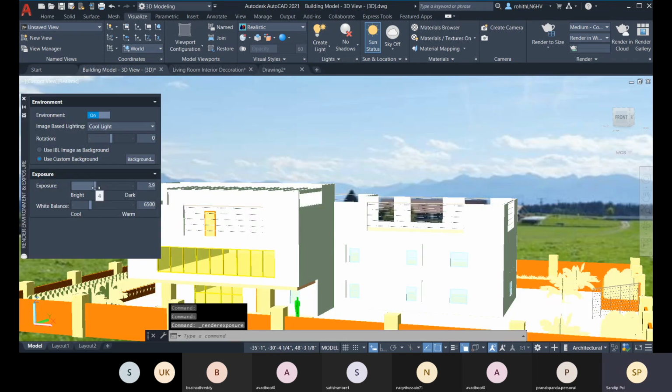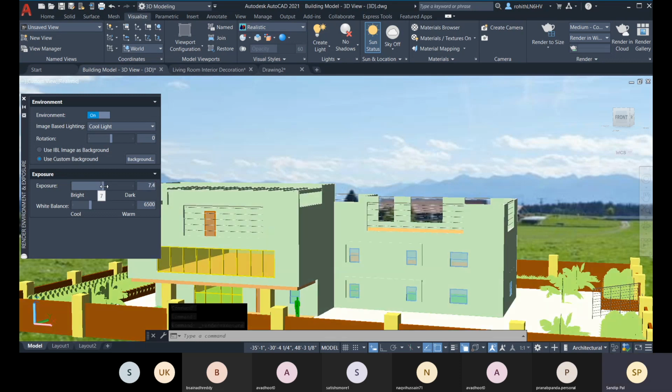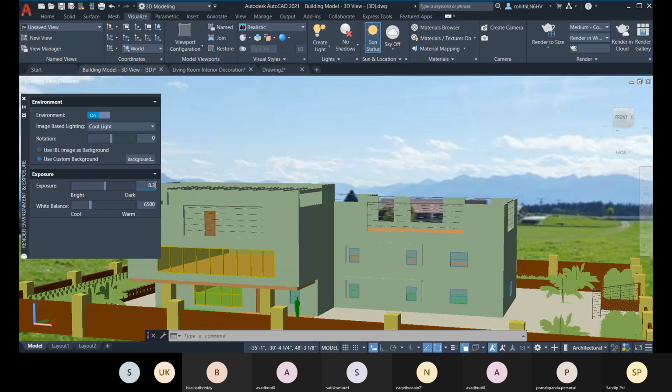You can control the brightness. So let me set the brightness to 8. As per the background, you have to set it. And about the whiteness control, how much whiteness you want to control. This is like the temperature. Have you worked on the PPT files? There you have uploaded some pictures and some settings for the colors. So it's the same thing.